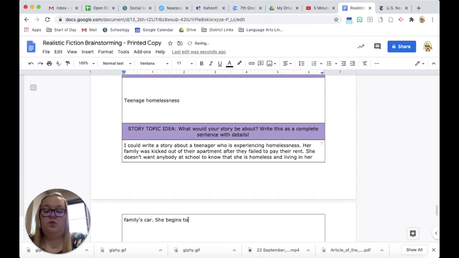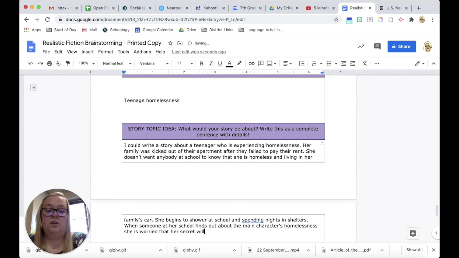She begins to shower at school and spending nights in shelters. When someone at her school finds out about the main character's homelessness, she is worried that her secret will get out to everyone.